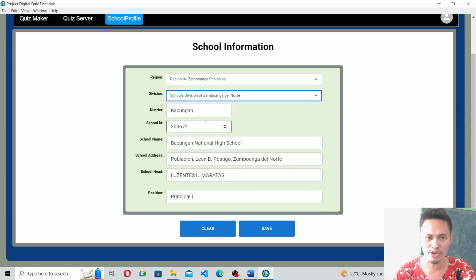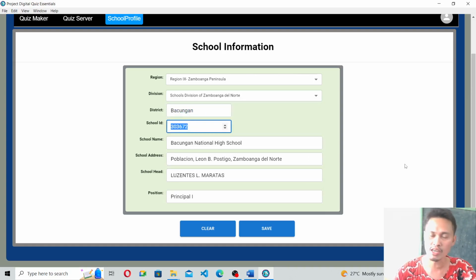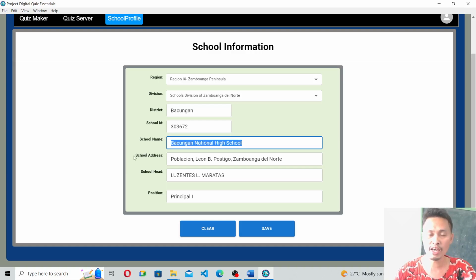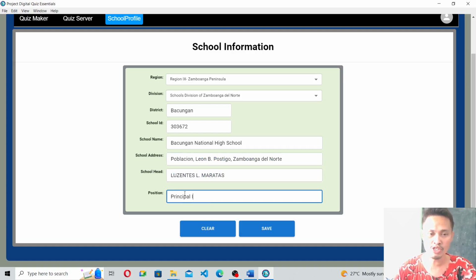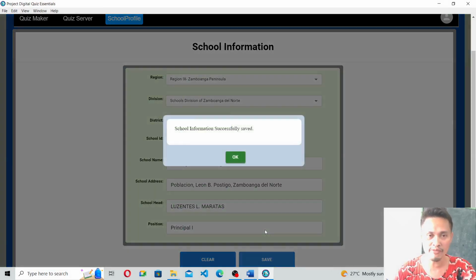And then for the district, Bakungan, and then the school ID is that is our school ID 30, 36, 72, and then the name of the school, you have to supply the name of the school, and then the school address, and then the head of the school, and then the position of that school head. And then if you're done, you just click on save para ma-save po yung